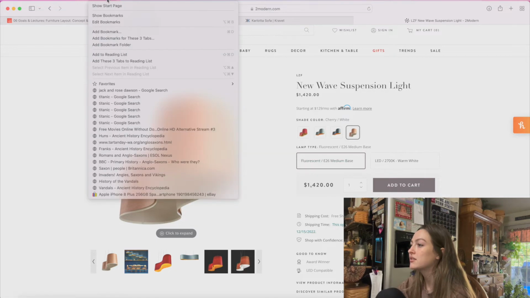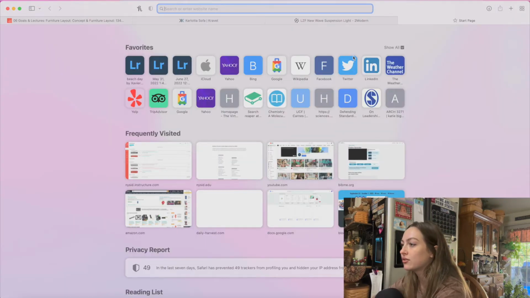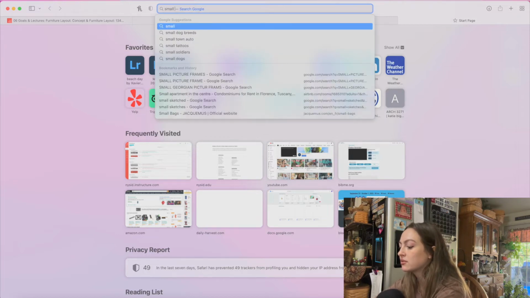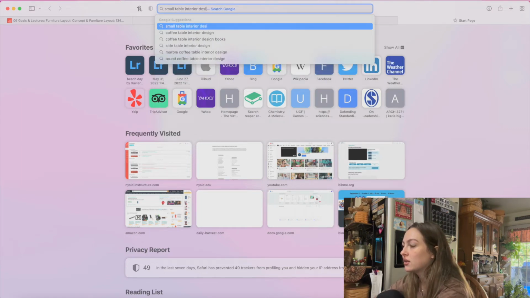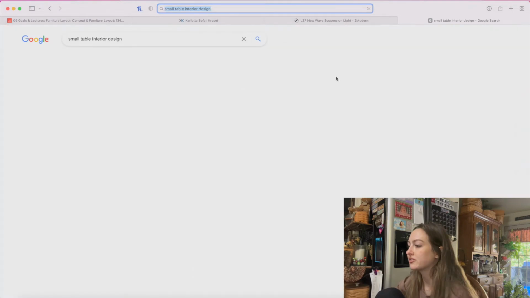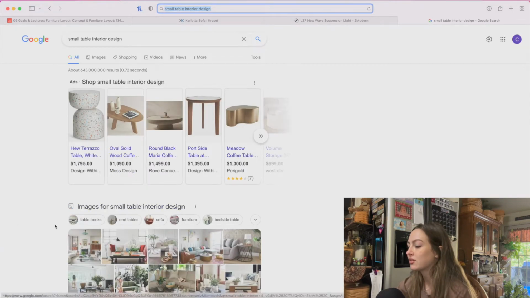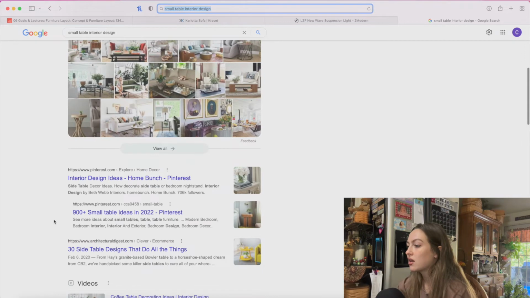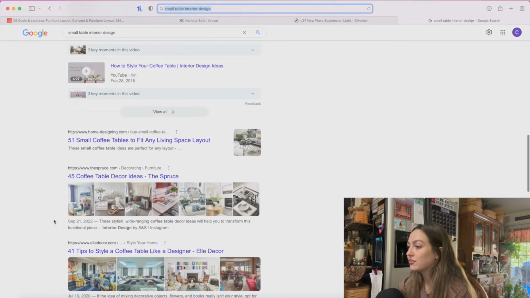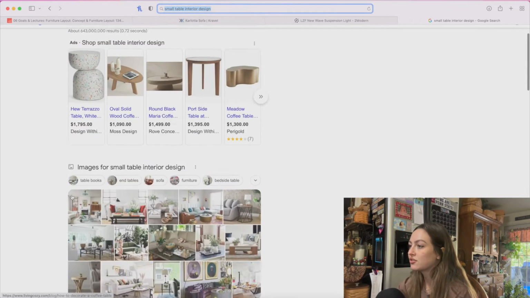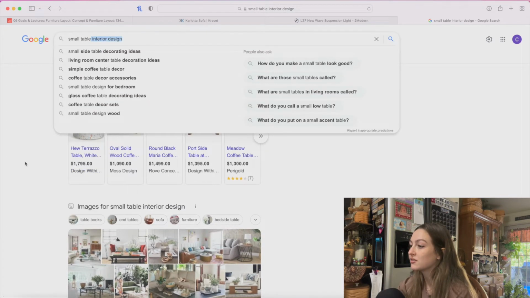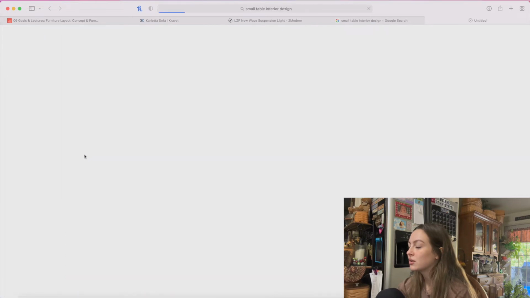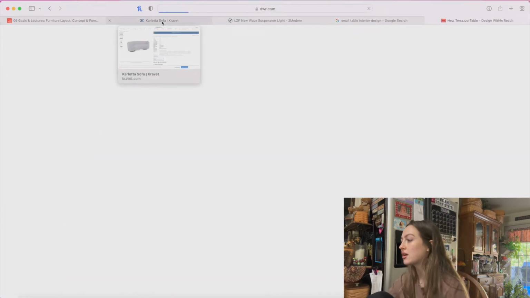So let's bookmark this, and then where would I look for accessories or small tables? Let's just look up small tables, interior design. I'm trying to picture designers I've used, but I really don't know if there are many. But we have lots of room to, I'm not liking this search, so let's just look up, this one, I'm not gonna lie, is pretty cool, but I feel like this goes more towards the other,